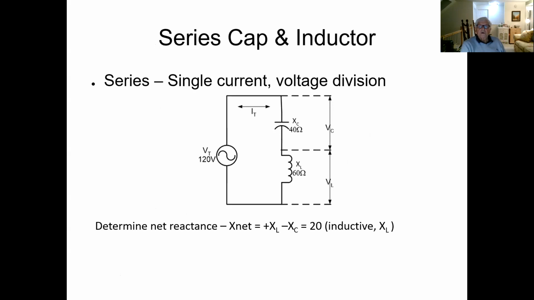We've got a 40 ohm cap and a 60 ohm inductance. So the inductive reactance is greater than the capacitive reactance. That gives us plus XL minus XC, 20 ohm inductive XL. Net effect is going to be an inductive XL. So 20 into 120 volts will give us a current of